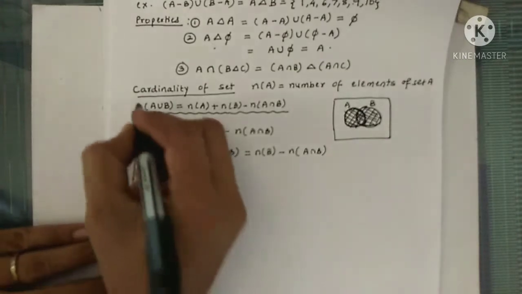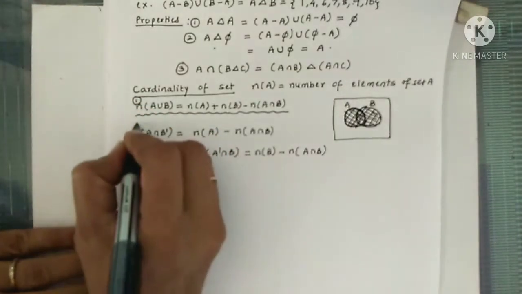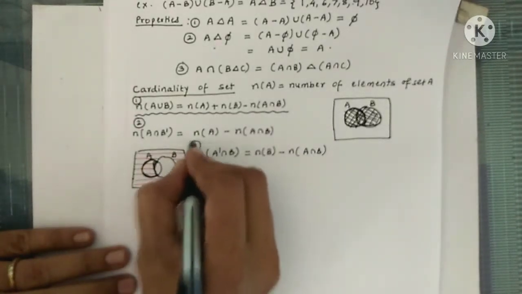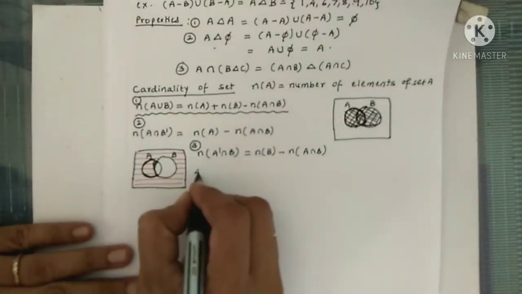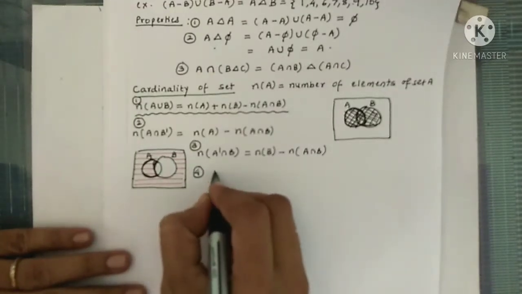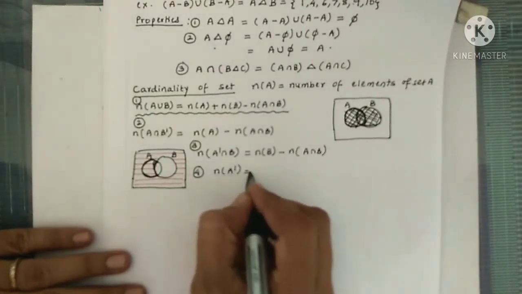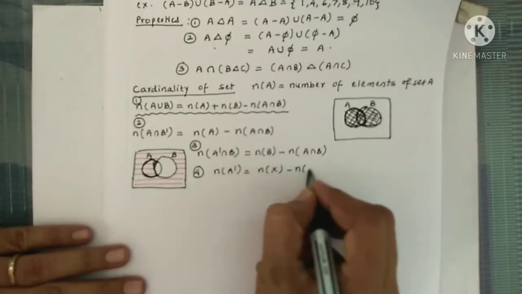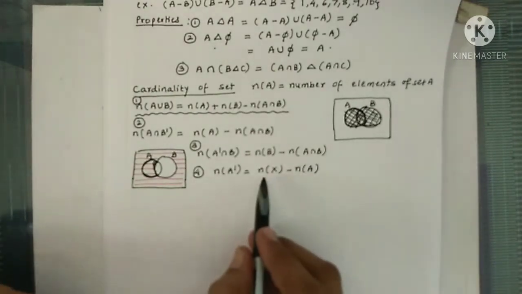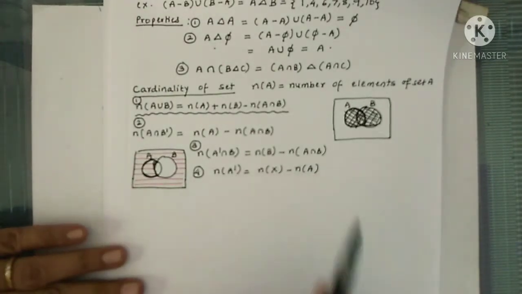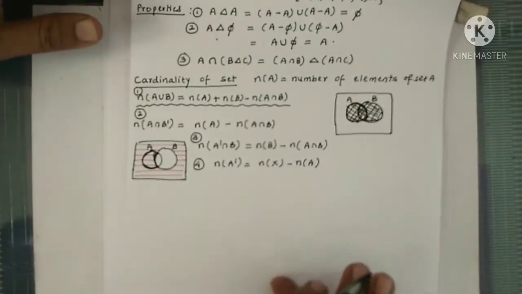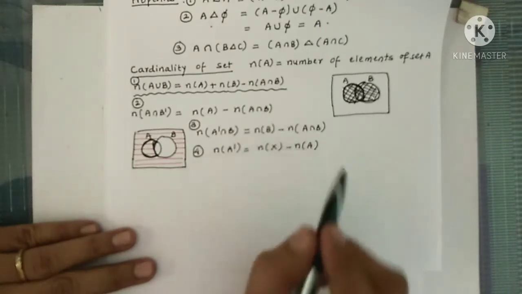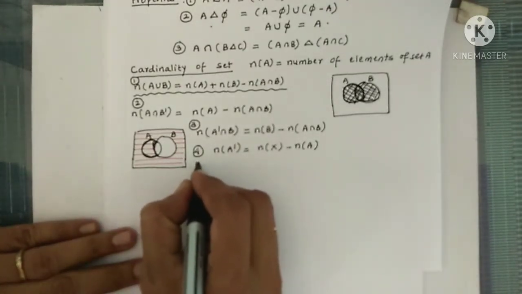So we have the first formula for n(A union B), the second one is n(A intersection B'), and this is the third formula, n(A' intersection B). Now if we want to find n(A'), how do we find it? A' is nothing but X minus A. So the formula is also the same, we just have to write n. So n(A') is n(X) minus n(A). Whenever it is dash, first write n(X) minus, and remove this dash. So that is the formula for dash.